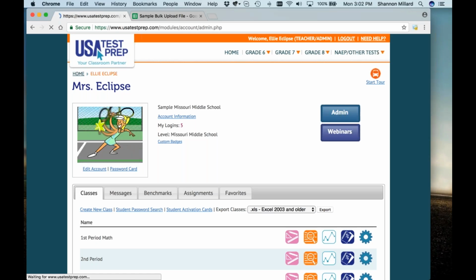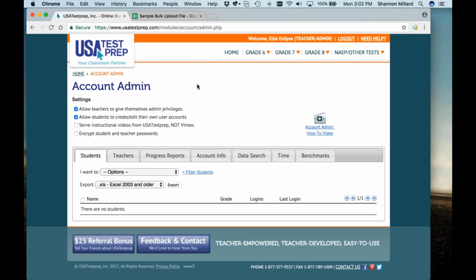here on the right. And first, I just want to quickly highlight a few of these admin settings in case you're not familiar with them. The first one is where you can decide if you would like teachers to be able to give themselves admin privileges or not. So some schools leave that open to where any teacher can decide, yes, I would like to have admin access. Other schools prefer to limit that and better manage which teachers have an admin account, just because